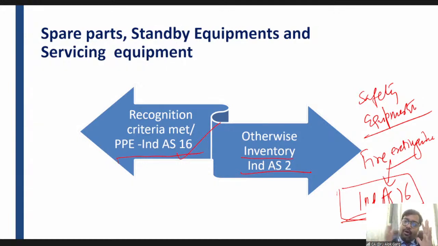So once you have already recognized the asset, then the impairment provision will come into play. Then the de-recognition provision will come into play. But I was only talking about the recognition criteria, meaning first time recognition. When you have purchased, whether you have to charge it to the P&L or capitalize it as property, plant and equipment. I hope, Sairam, I have given your answer. So in your scenario, at the time of recognition, this has to be capitalized as property, plant and equipment, right? And whenever the government makes this kind of announcement, of course, the impairment provision will come and the asset has to be de-recognized and brought down to the extent of recoverable value, right?